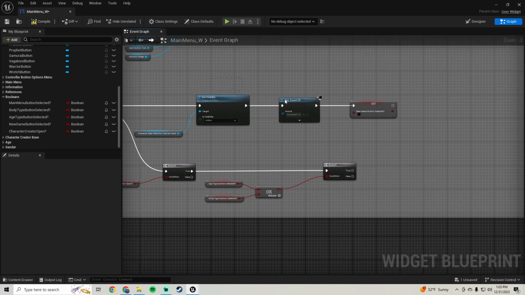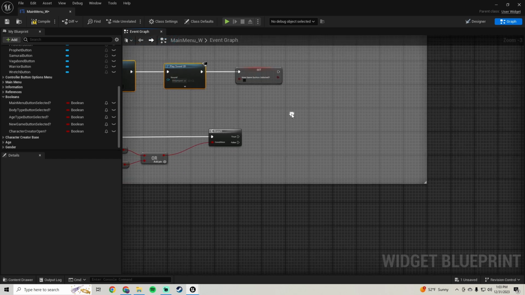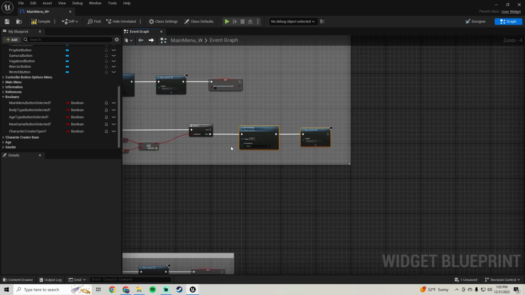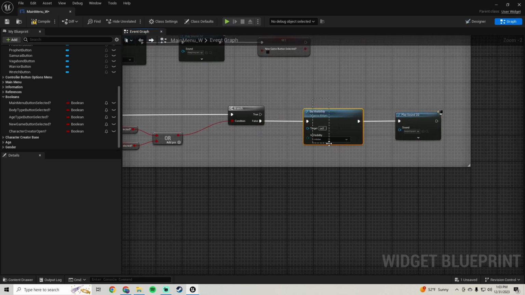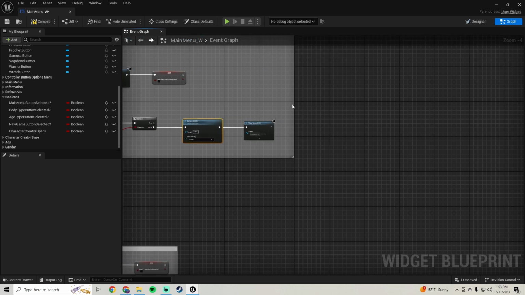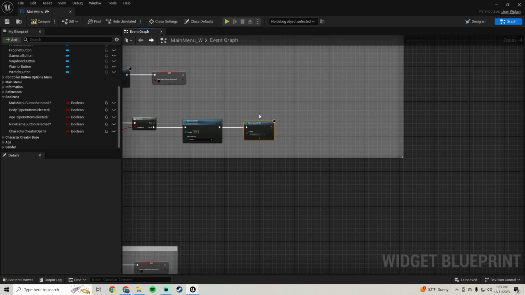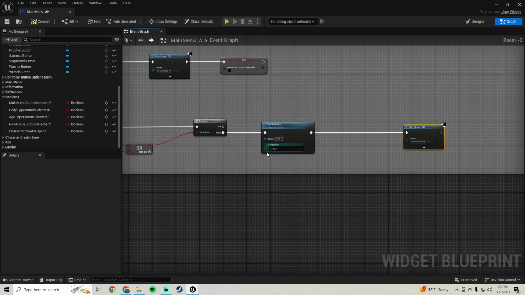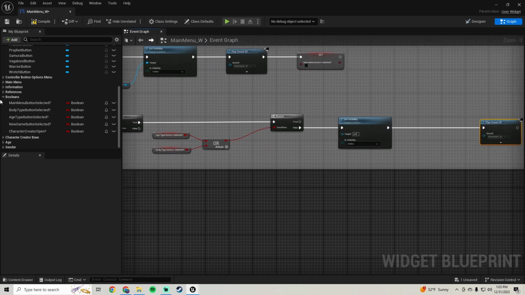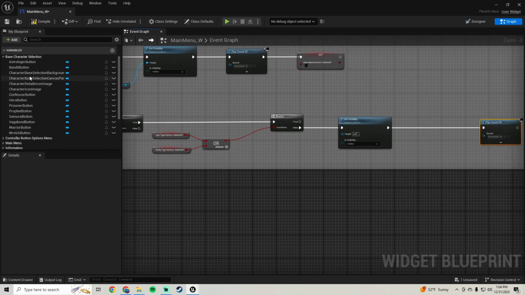So what we want to do here is we just want to copy the set visibility and play sound and hook this into the false. And what we want to do is set the visibility of, let's pull this back because we're going to need to do a few things here. We want to set that our character